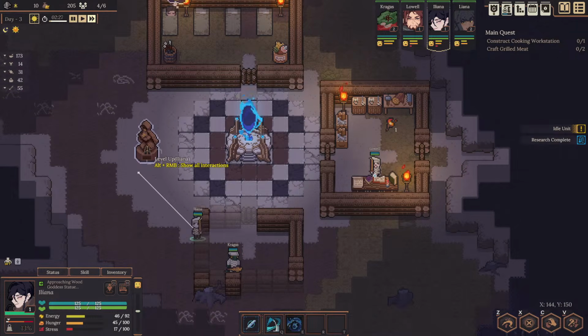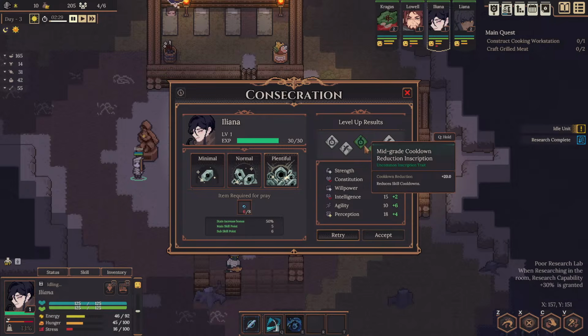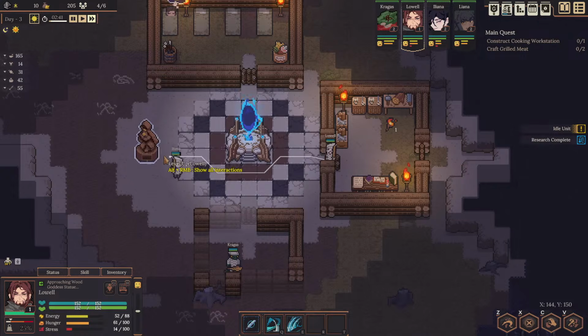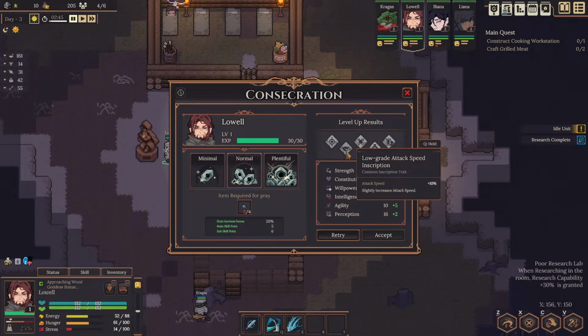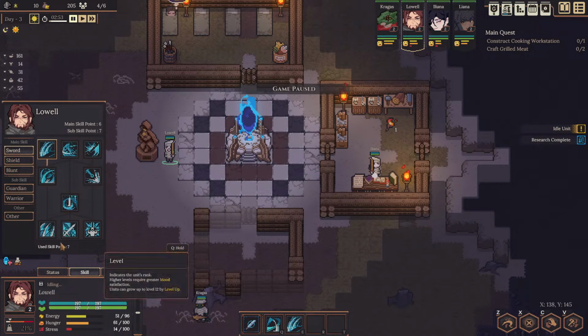Who hasn't leveled up yet? Ileana? Low grade. Cooldown reduction. Let's get cooldown reduction for you. Because you're supposed to be our mage, but... And you unfortunately just get the normal one, because we don't have 8. Physical resistance, attack speed, hit chance, cooldown reduction. Let's get hit chance. Alright. And now...